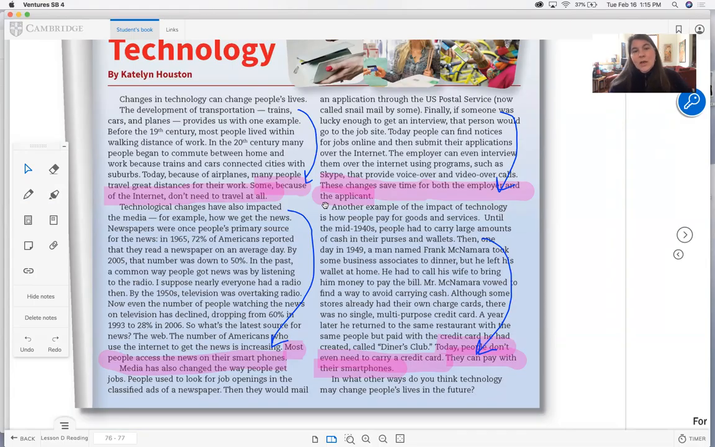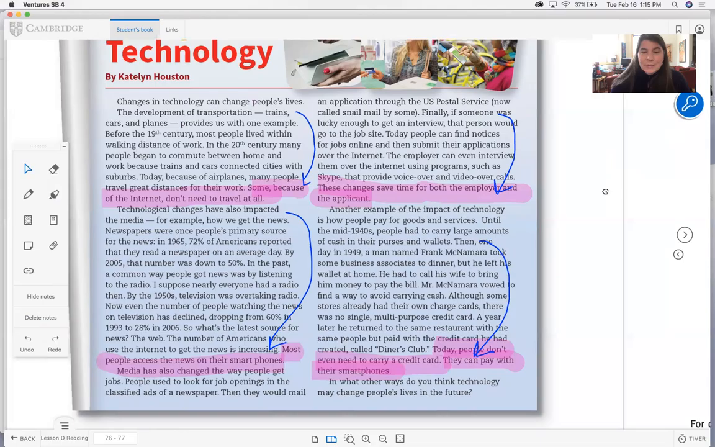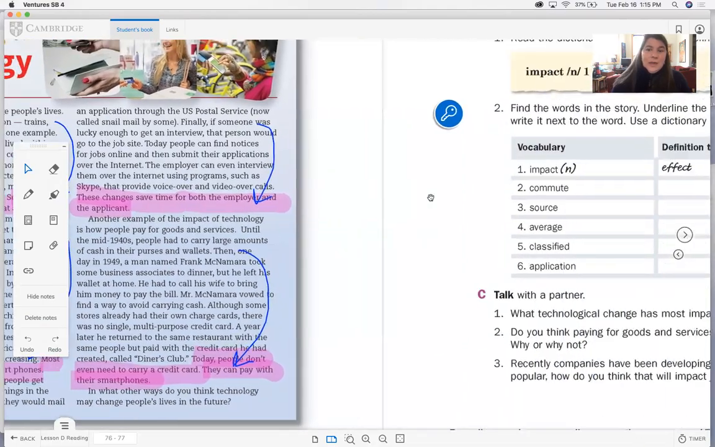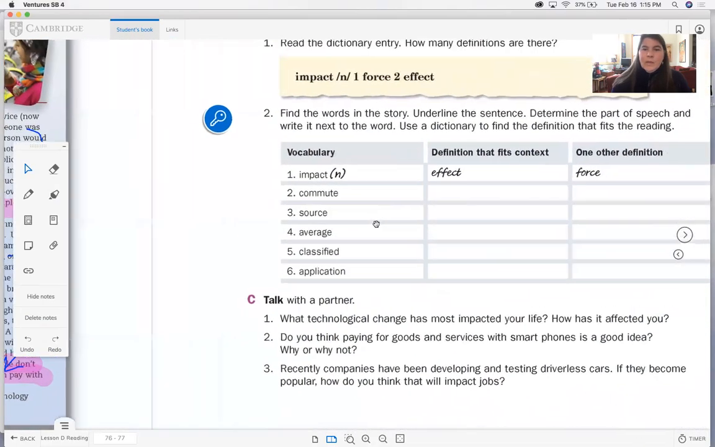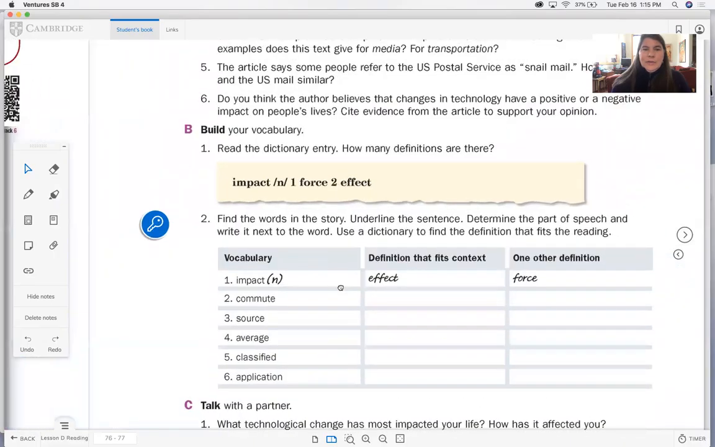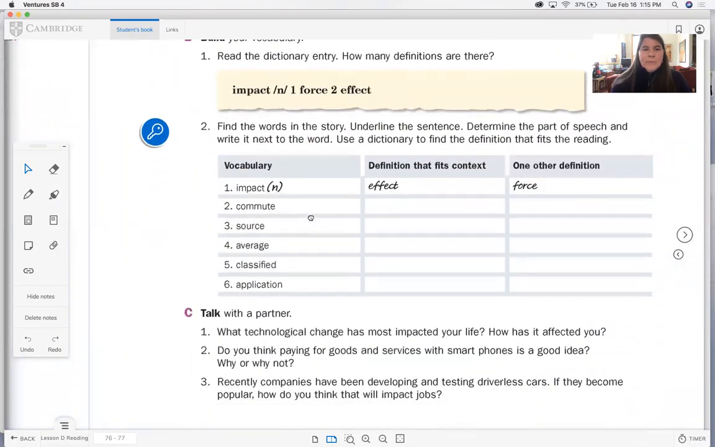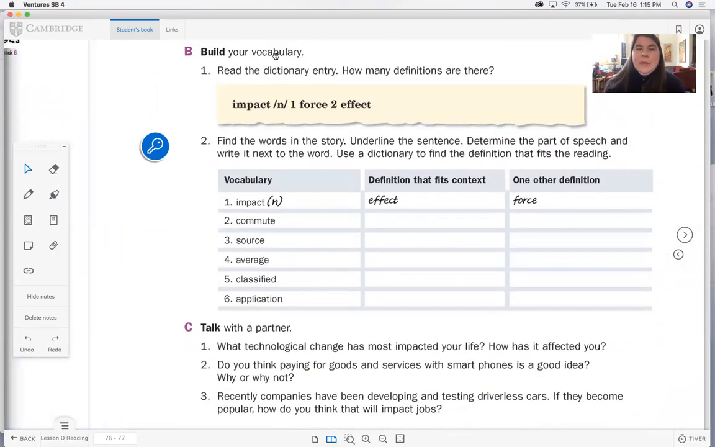So I believe the author thinks that technology is very positive, has a positive effect on our lives. All right, let's look at this part down here. Here we go. So this is building your vocabulary. We're going to look at these words, but the most important part is to look at,